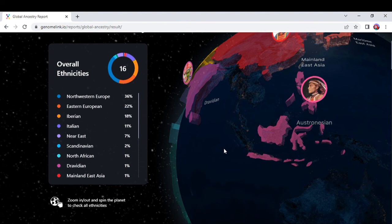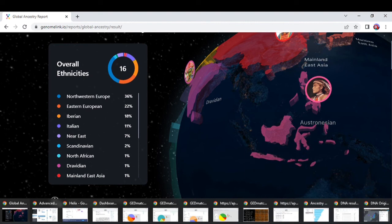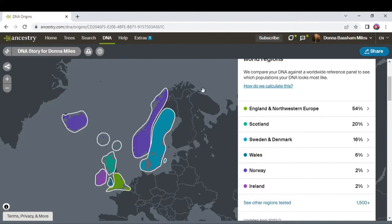Of course, let me go right here. This is my Ancestry DNA test, and of course, the Sweden and all that stuff is showing up, as well as the British and all that. But see, they lack showing the rest of the story. This only goes back to like 4th or 5th great grandparents, and there's a lot more to the story. So I just wish one day that this company will catch up